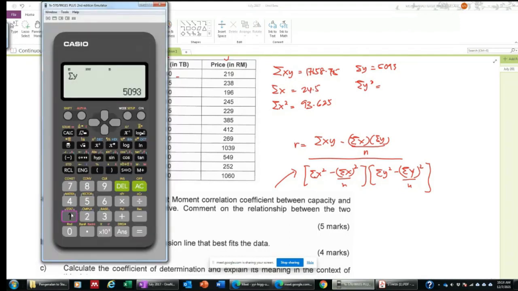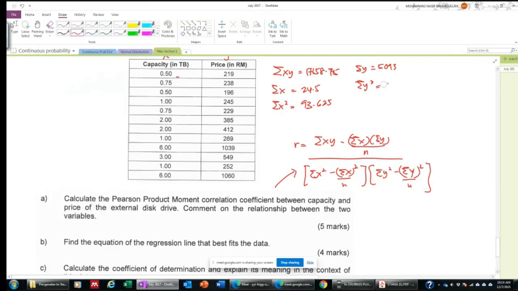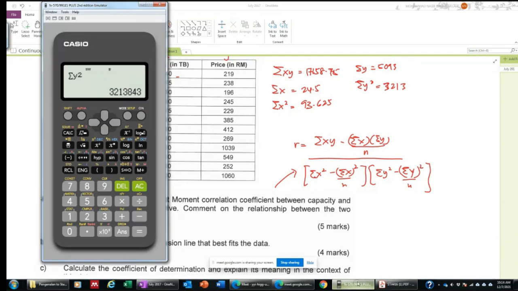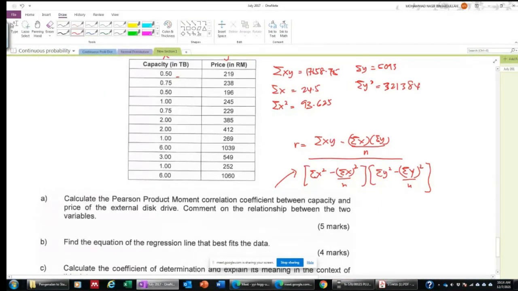Summation of y squared is number 3. So 3213843. Right. So now, since we already have the values,